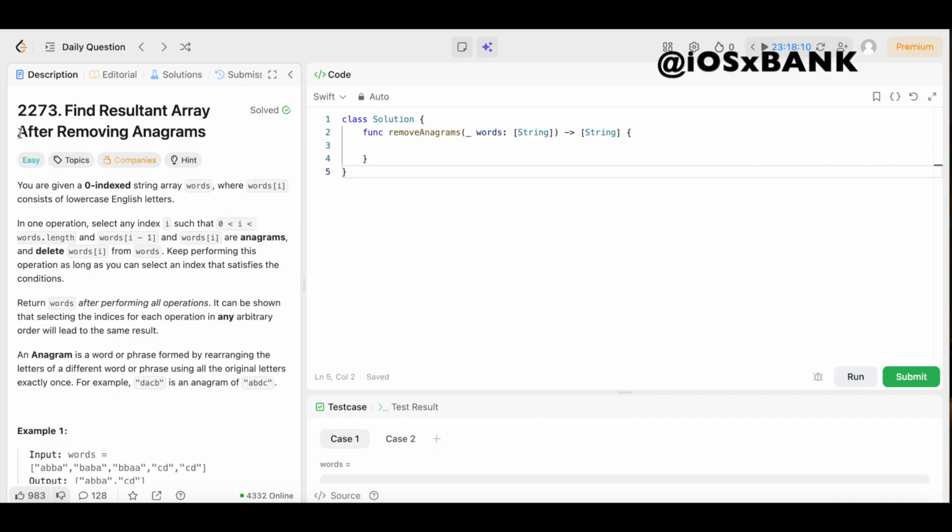And today we have question number 2273, find resultant array after removing anagrams. The difficulty level is easy, so you already know we're going to keep the solution as simple and easy to